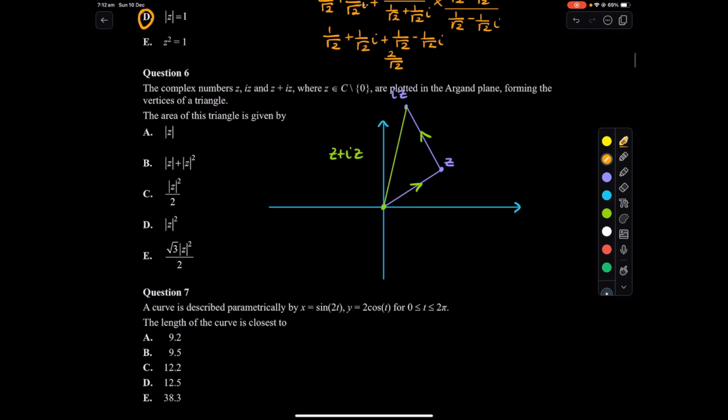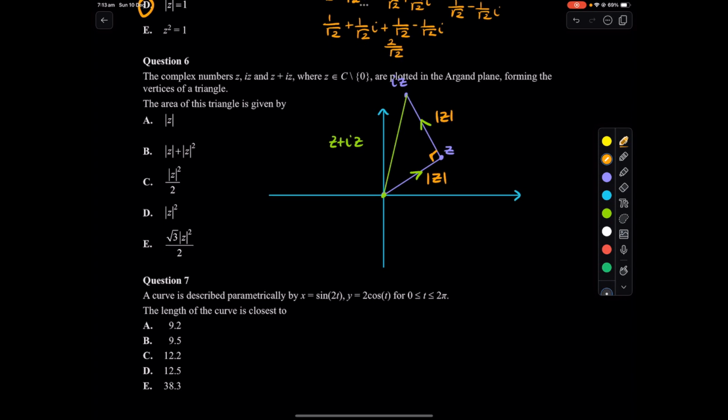So have a look at this. Well, the area of a triangle, because it's a right angle triangle here. What do we know? Well, we just need to find the area of this triangle. If I know that the magnitude of Z is just called Z here, and this has to be equal to this also, because remember, when you multiply by i, it's just a rotation of 90 degrees anti-clockwise, so it still has the same magnitude, so we could call it Z. And so to find the area of that, remember this is your length and this is your height,